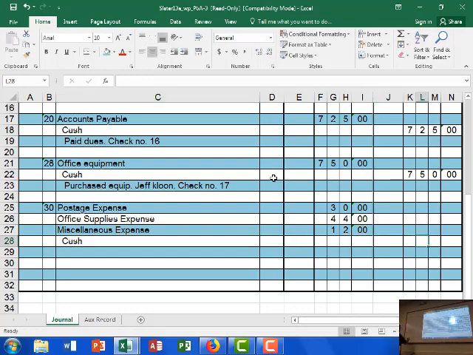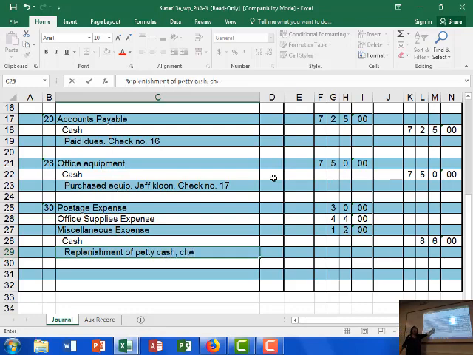Now, the reason why it seems a little weird that all of this totals to $86 and you're now replenishing petty cash from cash is because that's actually what you've got to do. The 86 bucks, even though it's already left, you have to put it back into petty cash as a replenishment, and all you're doing is journalizing the fact that this is where the money went. The auxiliary account is helping you keep track of where the money went. If not, you would have to be writing a check, or paying the postage and taking it out of cash all the time, instead of doing it out of petty cash, which is easier.